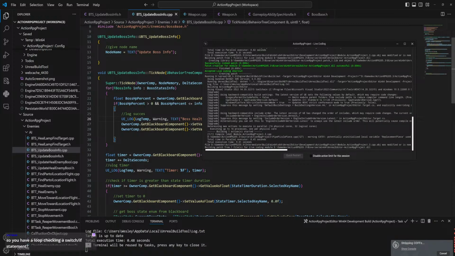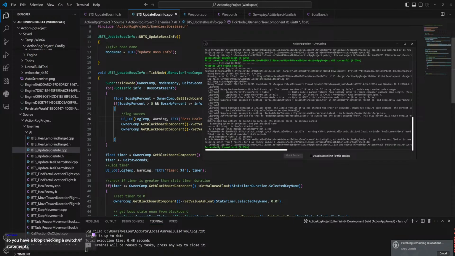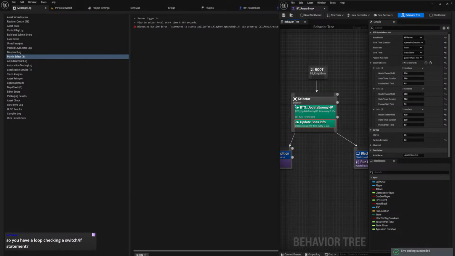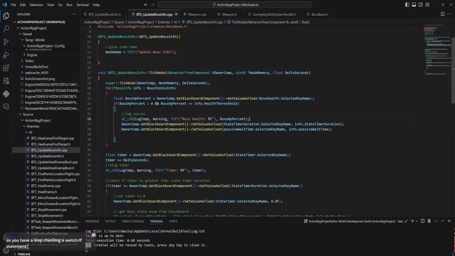So you have a loop checking a switch if statement. Yeah, so we've got a for loop here, which loops through the array with those structs in it that I just showed. In that we now make a boss percent float from the input key.